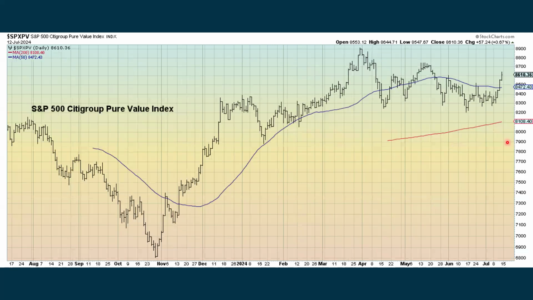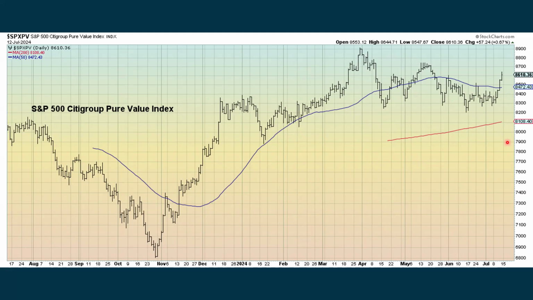And we look at value. Now, this tends to be a more defensive area of the market. When folks are concerned, like a hedge fund or mutual funds or individual investors, and they think, uh-oh, we're going to run into some problems here with the market. If you operate under a prospectus, or if you're a mutual fund or some kind of a mandate, if you're a hedge fund, or if you're an investor that likes to be invested all the time, you may switch from growth stocks over to value stocks. Sometimes they hold up better. Sometimes they actually do well when the market declines. Other times they go down, but they go down less than growth stocks.